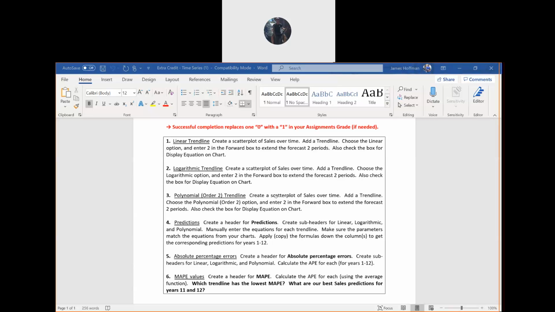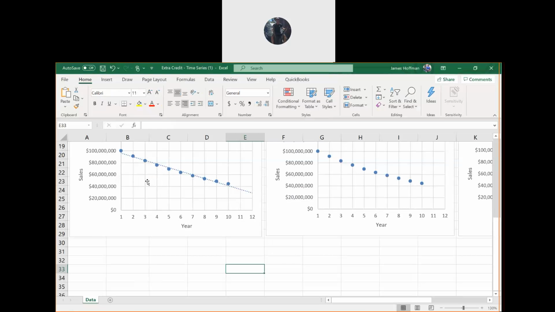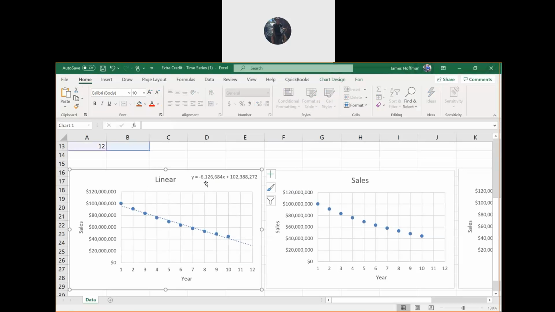All right, so I think we need to, let me redo the first part again, hold on. All right, so let me revisit how to get the equation. So click on the linear, click on the, what is it called? The scatter plot or the chart. All right, and then you got to get to chart elements. And so I'm not sure, there might not be like a plus sign, but there should be an option up here somewhere for chart elements.